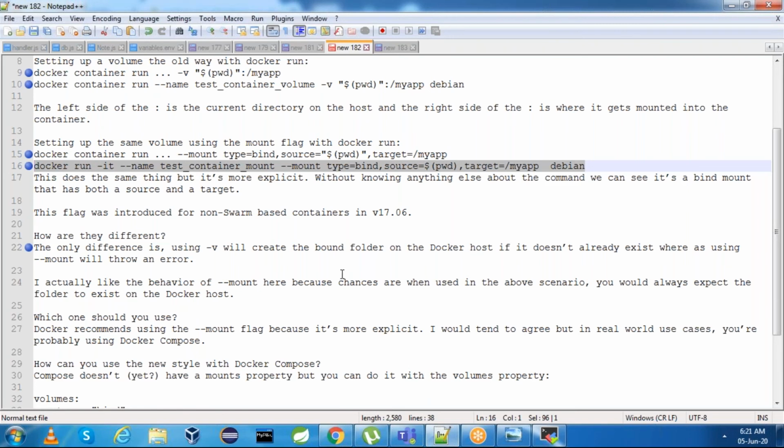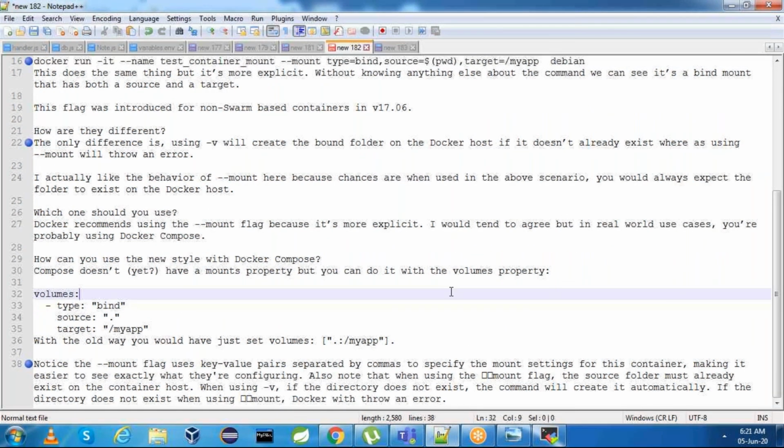But if it is bind mount, if the folder does not exist, then the command will throw an error. If you see, using option -v, the directory does not exist, the command will create it automatically. We have seen it very clearly. If the directory does not exist, when using mount option, Docker will throw error. This also we have seen.